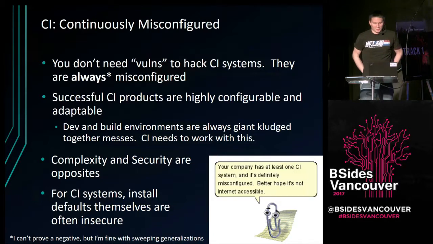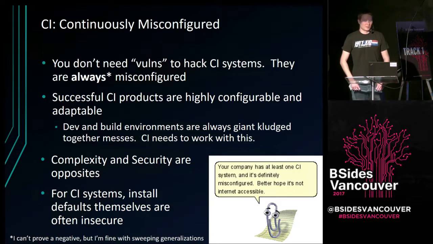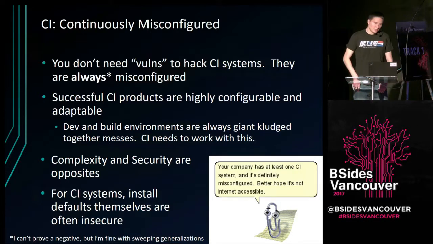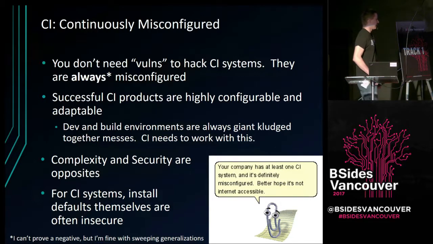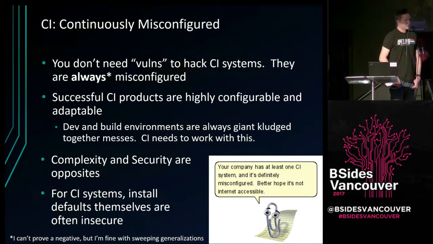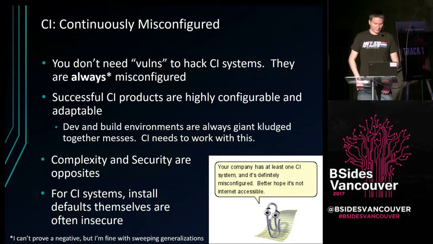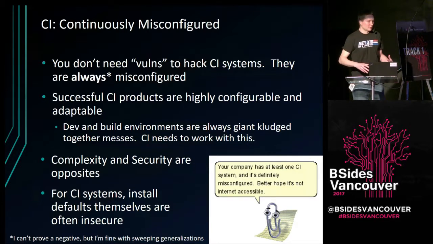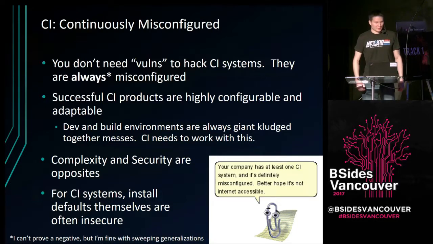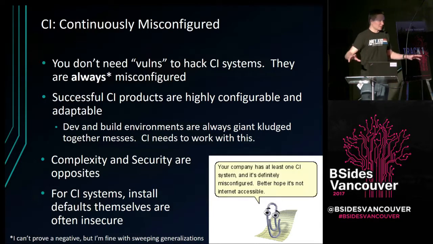As we'll go over soon, for many of these continuous integration systems, you're kind of at a disadvantage from day one. When you do a fresh install, a lot of the install default options actually pose either somewhat of a vulnerability or leave your system directly vulnerable. This is actually kind of a trend within DevOps and all the new software packages. You've got MongoDB or whatever, Elasticsearch, and they all say, well, security is up to the user, the implementer. Out of the box, none of that's turned on.